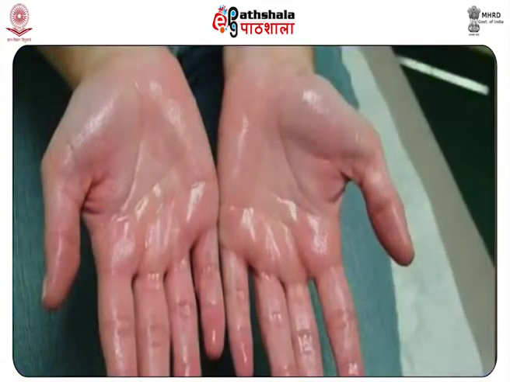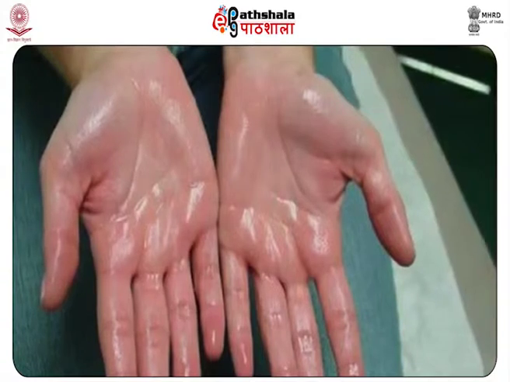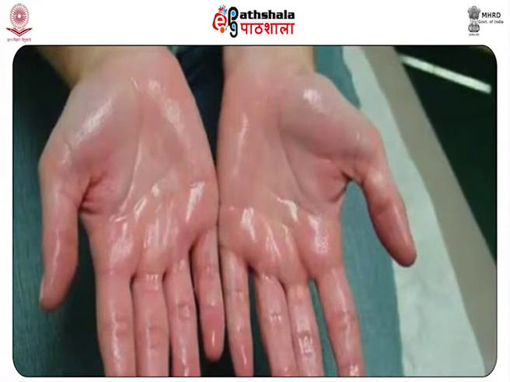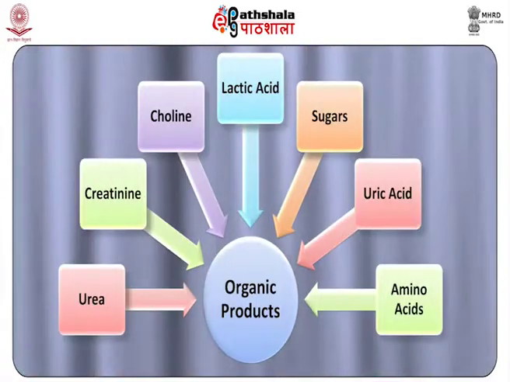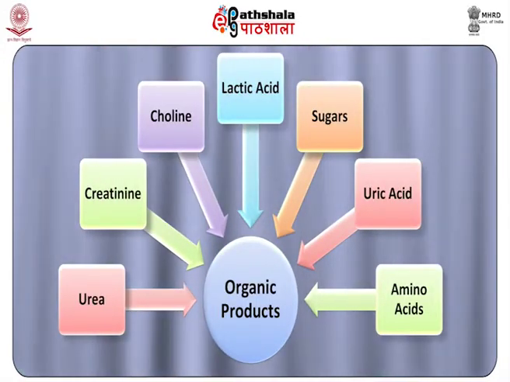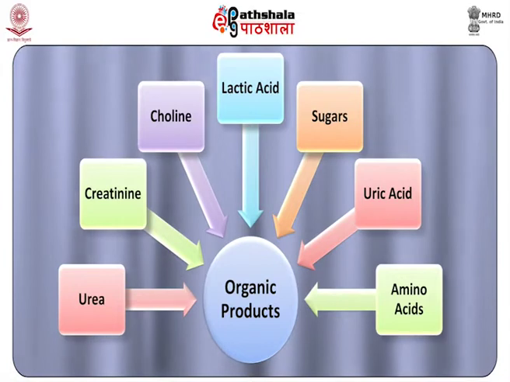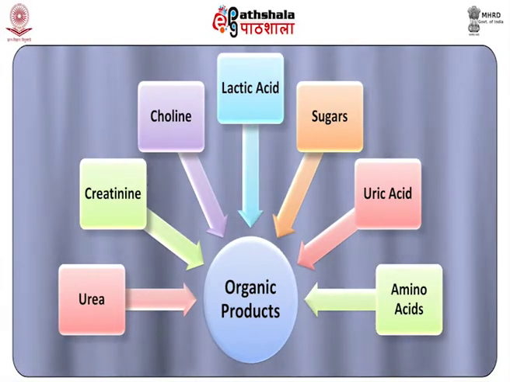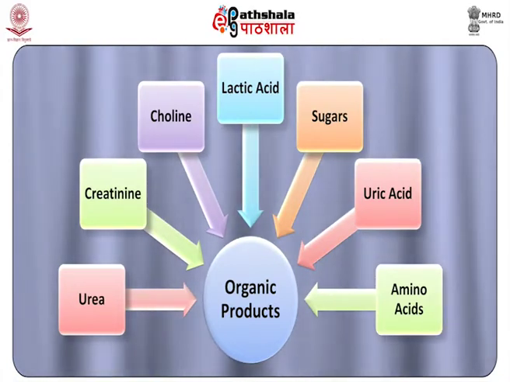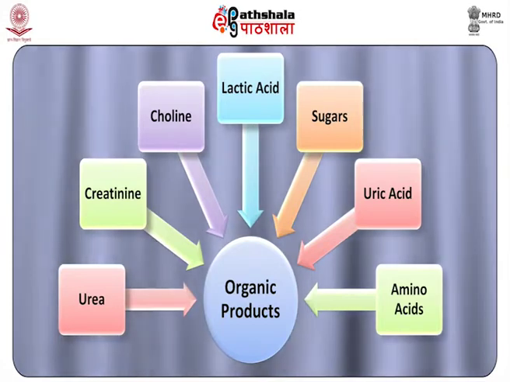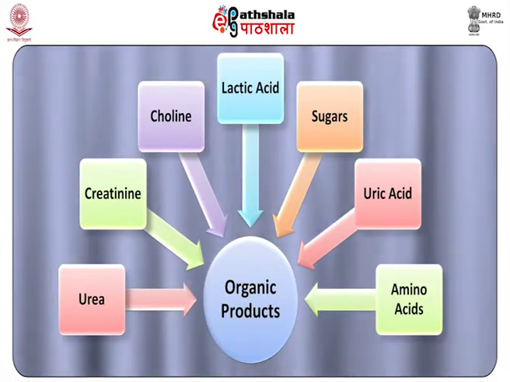Besides water content, eccrine sweat contains up to 1% of other substances, of which inorganic salts constitute about one half. The other half is constituted by organic products like urea, keratin, choline, lactic acid, sugars, uric acid, and amino